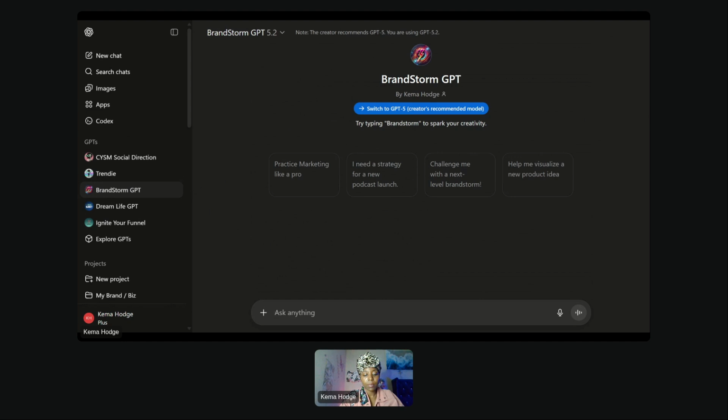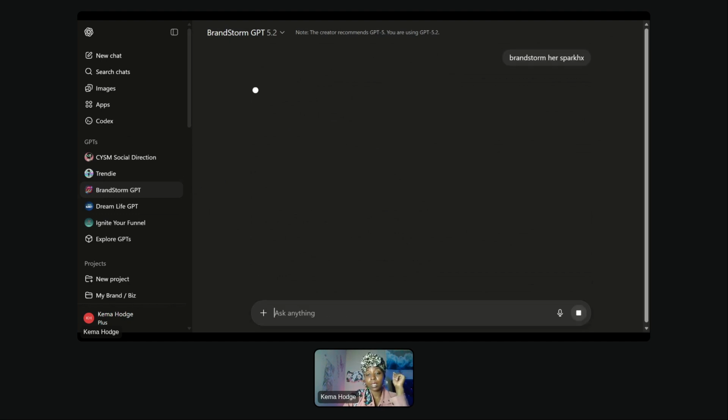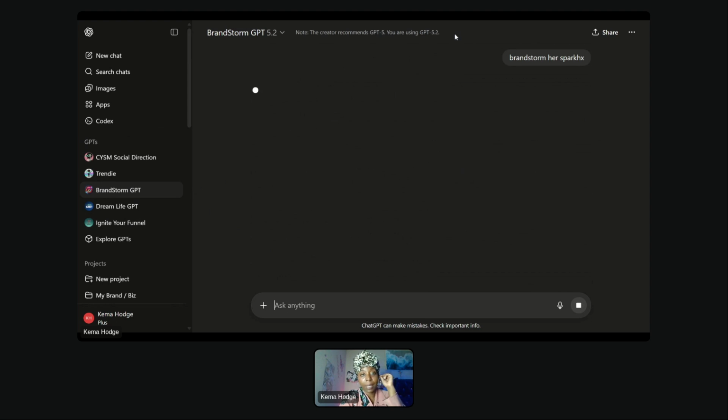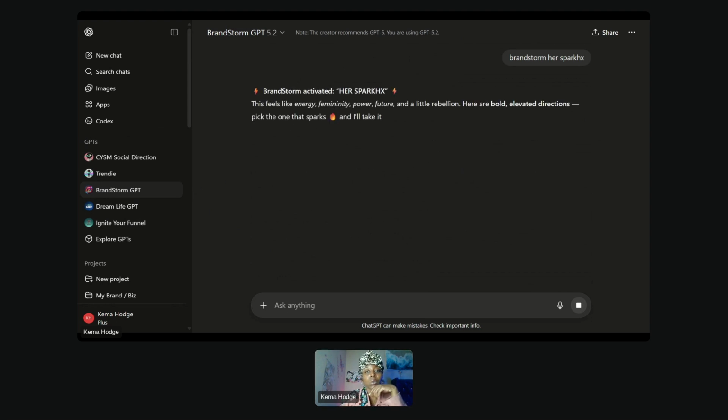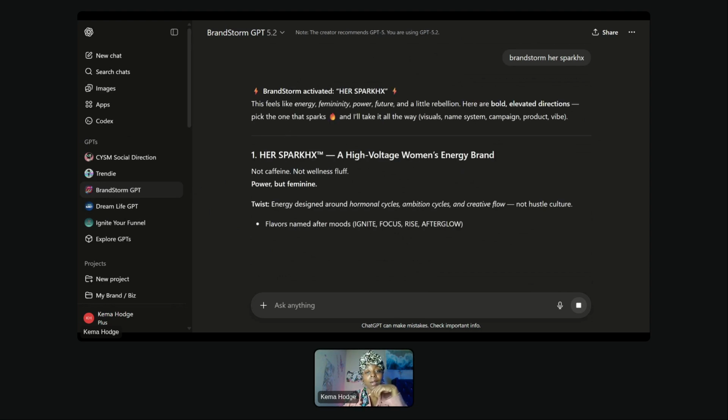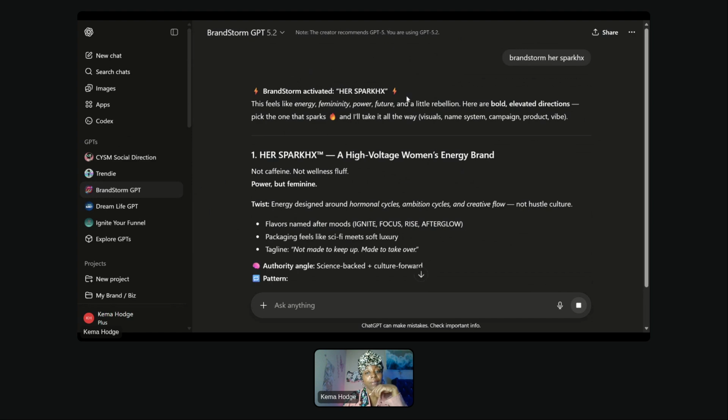And Brainstorm, her spark. If you write the name of the GPT, which is Brainstorm, by itself, it's going to give you some creative ideas. If you affix it to something that it is familiar with, like my event, then it's going to give you some other creative ideas. Okay, each of those GPTs had different personalities. The question is, what is it that you need?